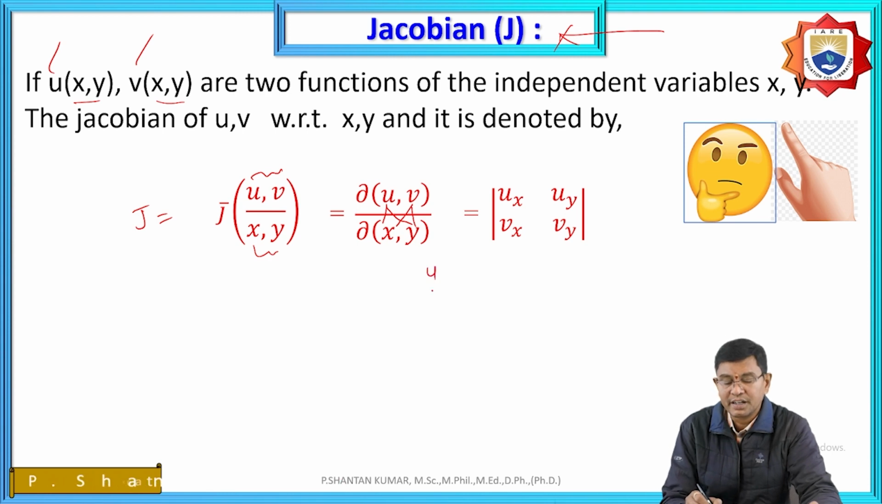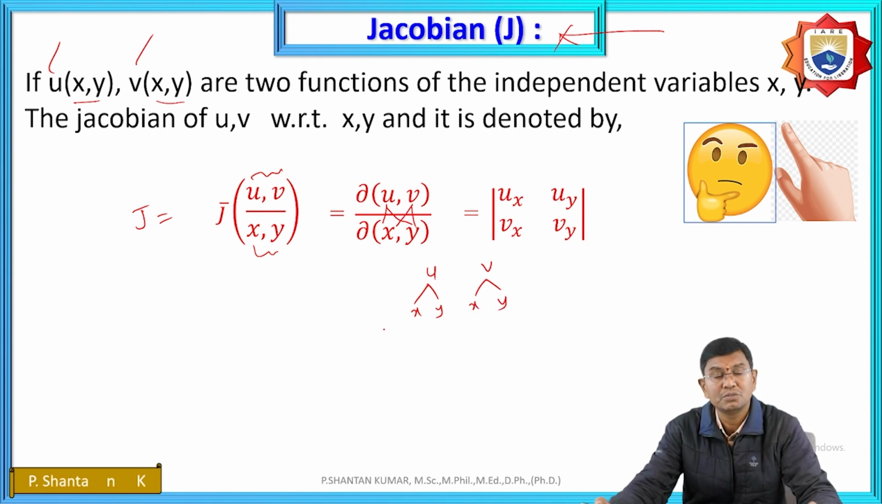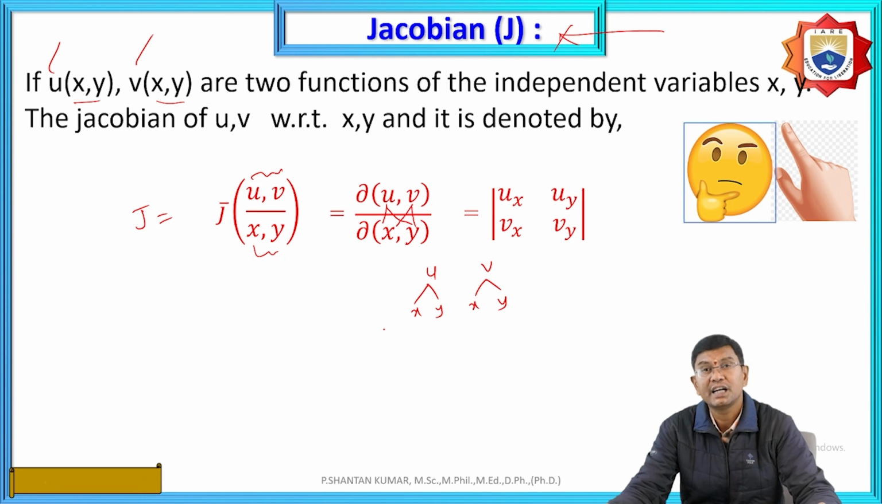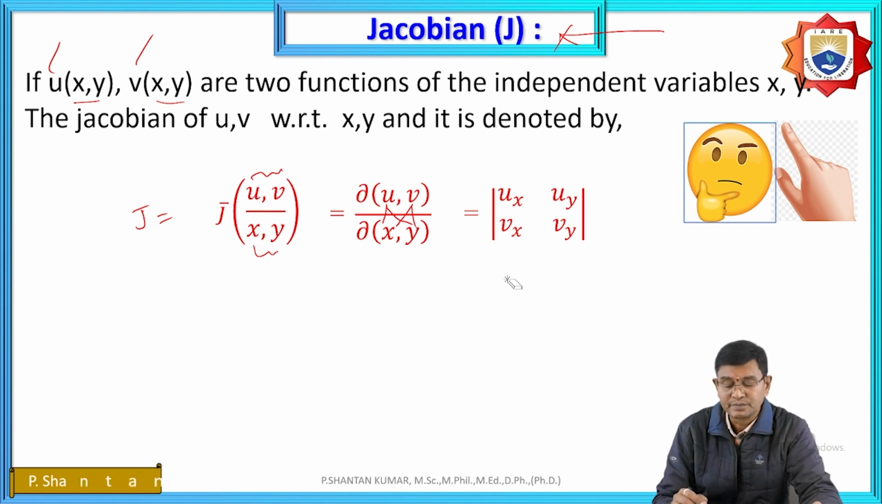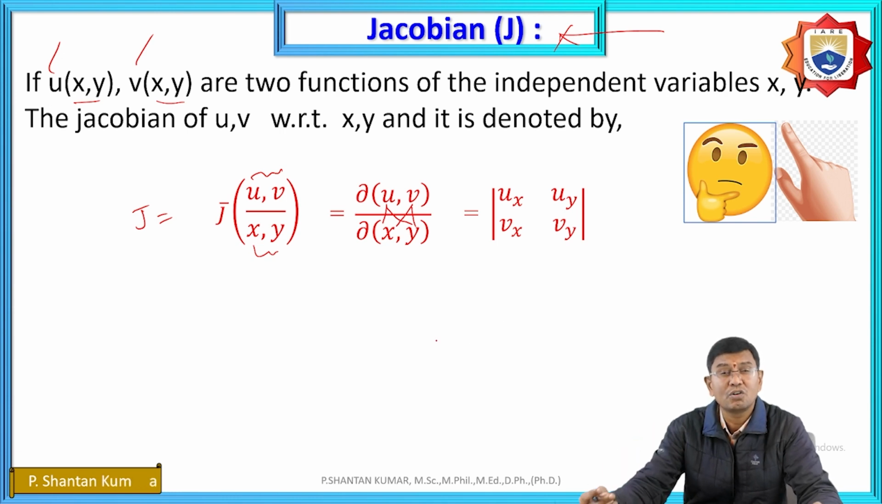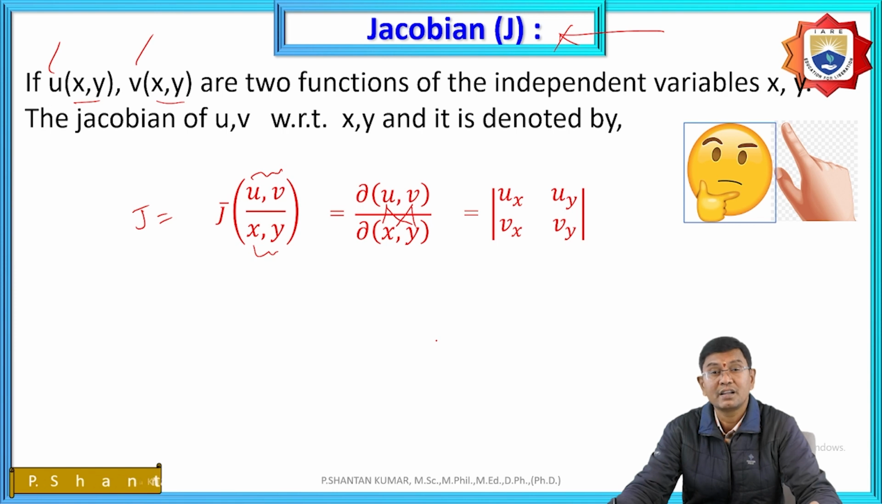That means here we need to consider u as a function of x, y and v as a function of x, y. So the entries are u_x, u_y, v_x, and v_y. This is called the Jacobian of u, v with respect to x, y under two variables. And similarly, for three variables, dependent and independent,